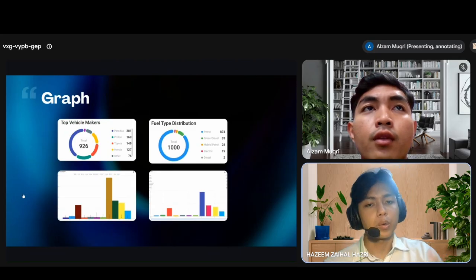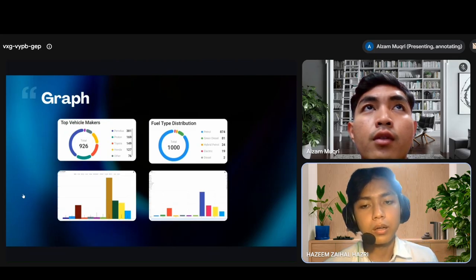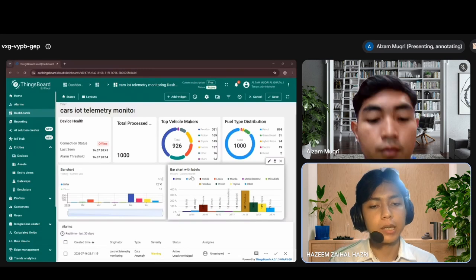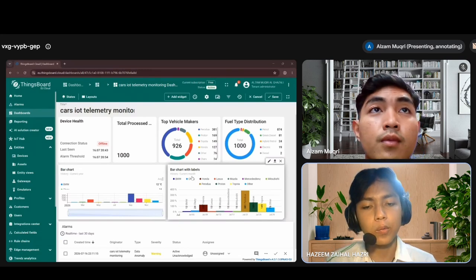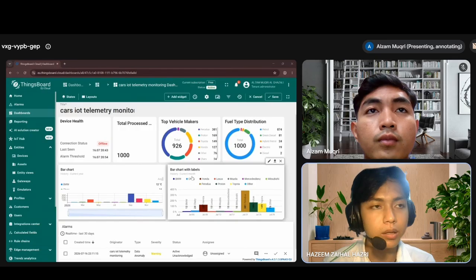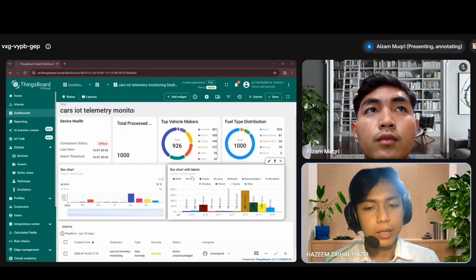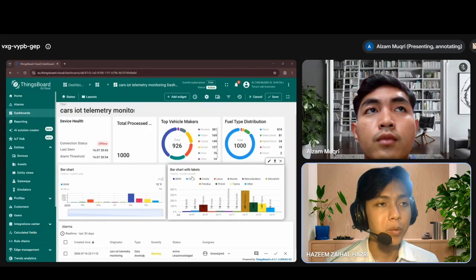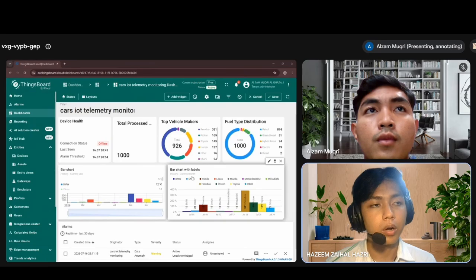Next, we're going to go to our ThingsBoard. So this is our live dashboard for our CSV data inside ThingsBoard. You can see a few of what I've shown you in the slide before. You have our pie chart and also our bar chart. We also have a table widget that shows raw row by row data with real timestamps.